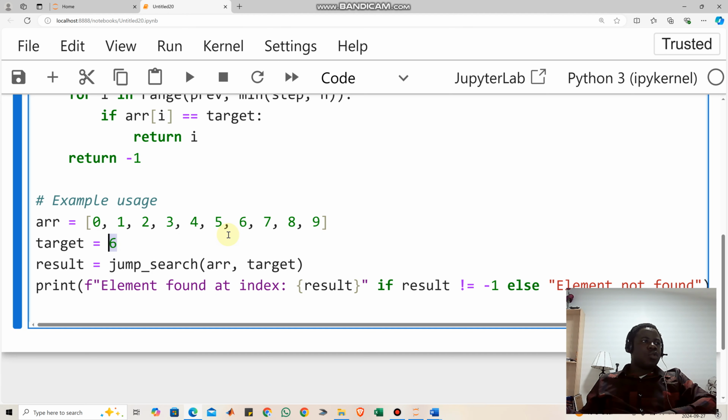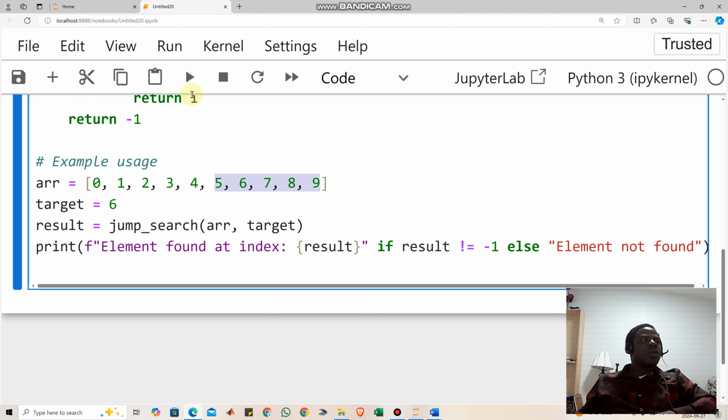So what this is going to do is that, okay, it's going to divide it into smaller blocks. Let's say it divides it into two. So if it divided into two, this is going to be the first block and it's going to conduct linear search. Is 6 and 0 the same thing? No. With 1, with 2, with 3, with 4. Therefore, we've checked through the first block and it's not there. Then it's going to pick the second block. Do we have this here? No. Is it this one? Yes. Then it's going to return the index of the